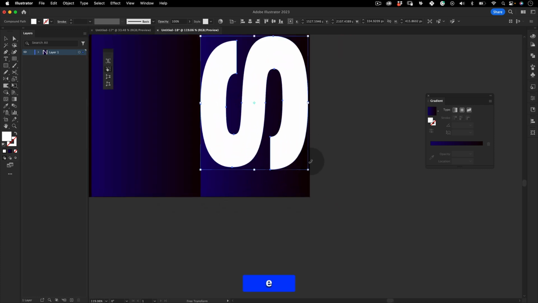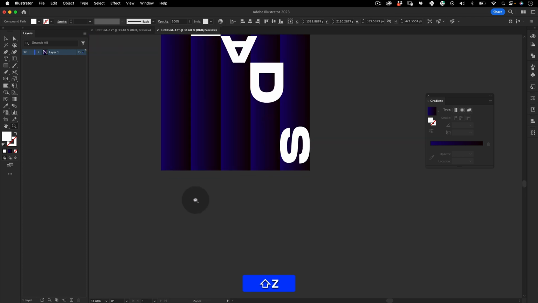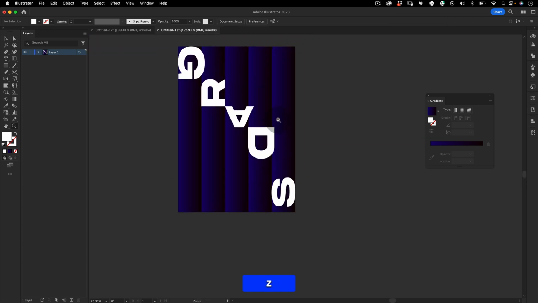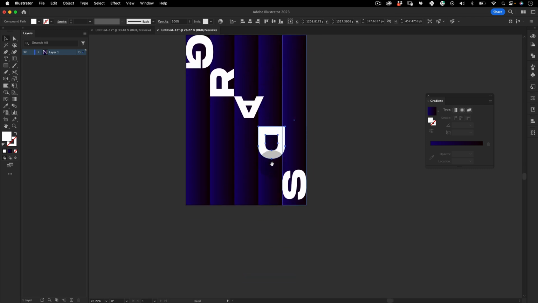Just make sure it's matching every corner there. So it's already a very interesting poster as it is, just with white typography, white colored letters, but we're gonna do something else. If you select our text, because it's now a vector shape, we can actually use the direct selection tool